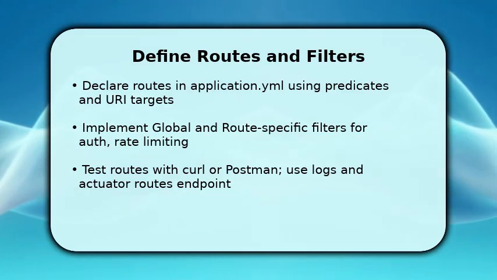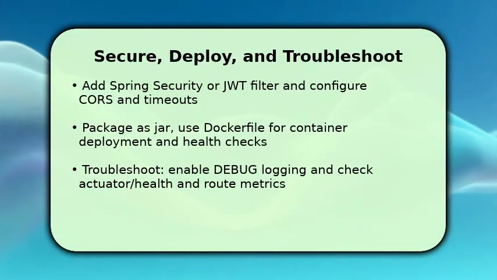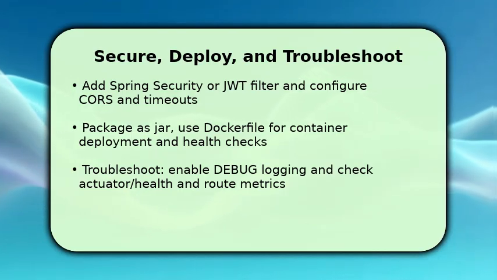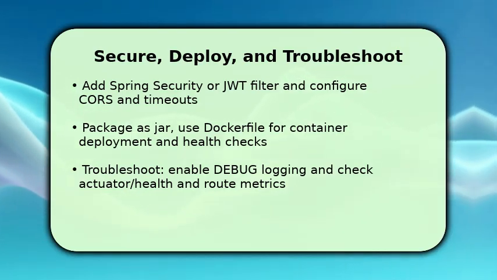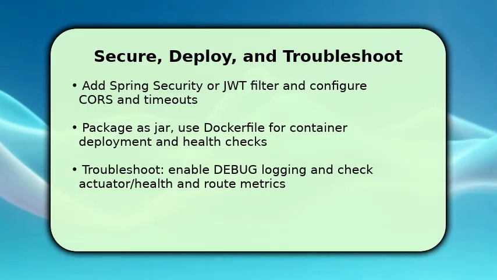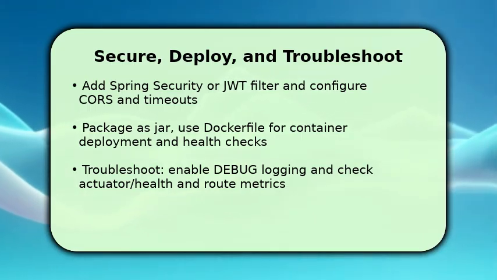Add Spring Security or a JWT validation filter to authenticate requests at the gateway. This centralizes auth and reduces downstream load. Configure CORS, timeouts, and connection pools to prevent cascading failures. Package the app as a jar or Docker image and deploy behind a load balancer, using health checks and actuator